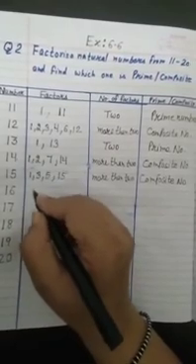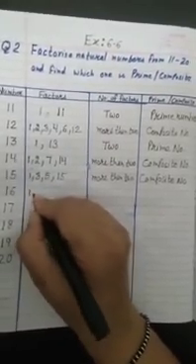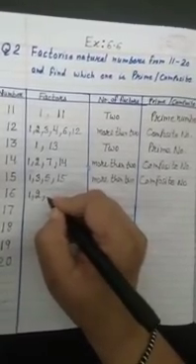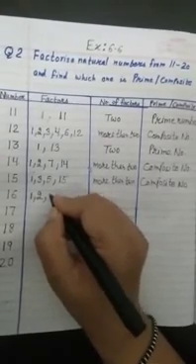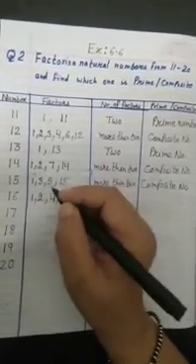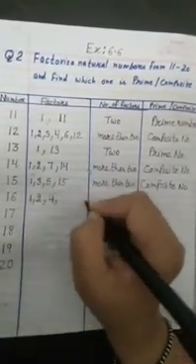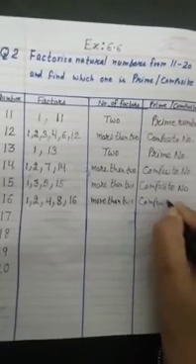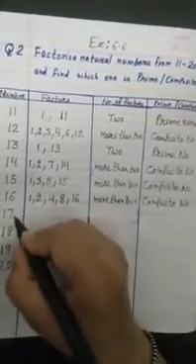Then we have the number 16. Now you can check on which table 16 can come. It will come on 1, then 2 eights are 16, then on the table of 3 it will not come. Then on the table of 4, 4 fours are 16. Then on the table of 5 it will not come. On the tables of 6 and 7 you can check. It is not divisible by these numbers also. Then on the table of 8, 8 twos are 16, and then 16 itself. It also has more than 2 factors, so it is a composite number.